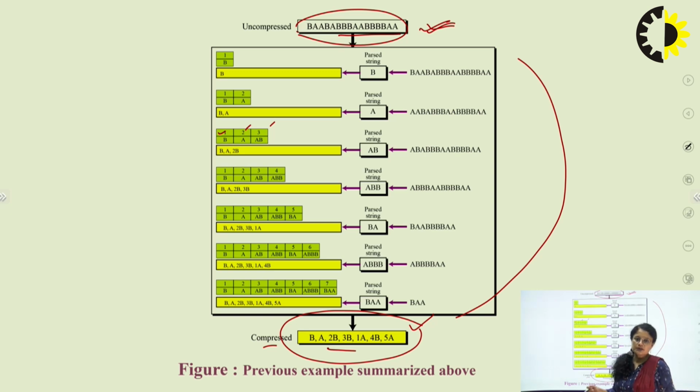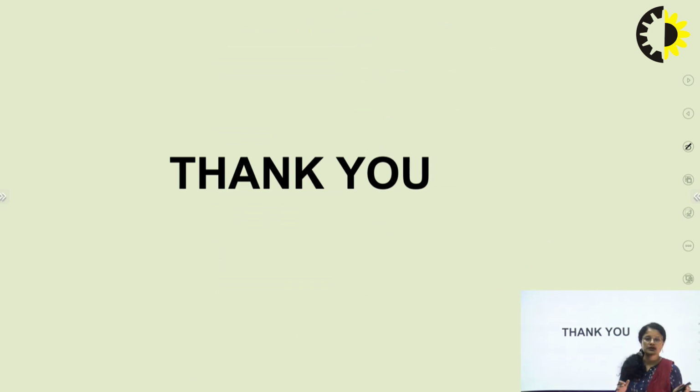When it comes to decompression in this particular approach, we just follow the reverse direction. We start with the compressed symbols and then follow the reverse steps to come up with the original data. So that much for now. We have talked about the 3 kinds of algorithms that come under lossless compression: run length coding, Huffman coding, and LZ encoding technique. Later, in subsequent classes, I will talk about the remaining topic, which comes under lossy compression techniques.